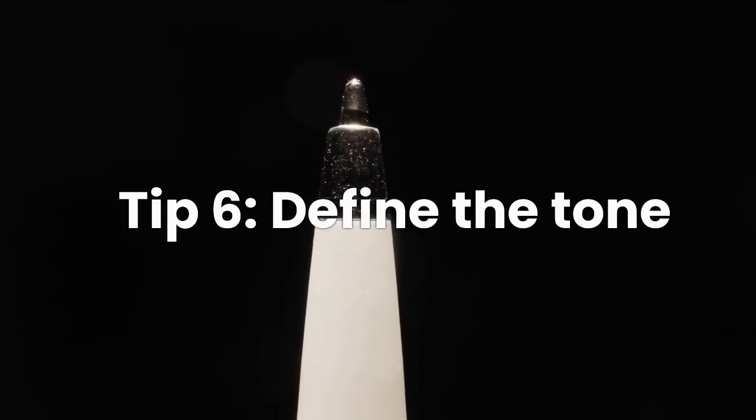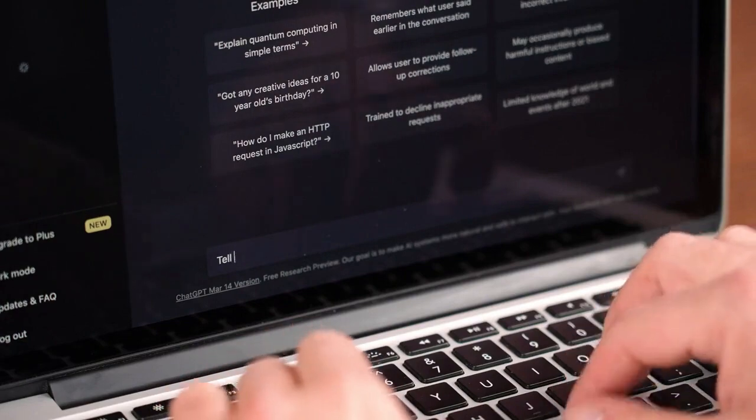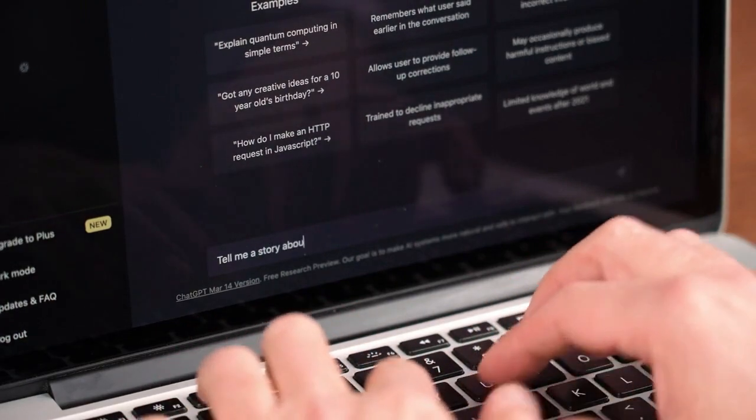And final tip is to define the tone. Tone is the emotional quality or mood of the message. It's not just about what is said, but how it's said. It means ChatGPT will produce a response in the tone in which you want to have the result of your prompt. Depending on your goal, whether it's to inform, entertain, persuade, or comfort, the right tone can enhance the effectiveness